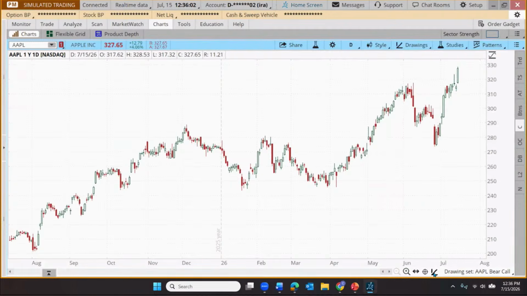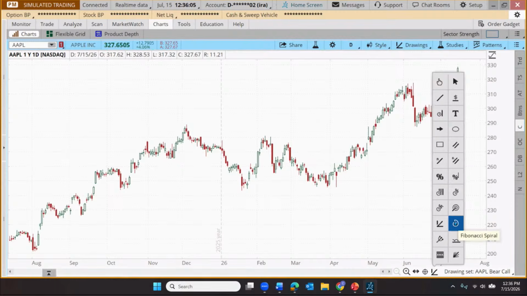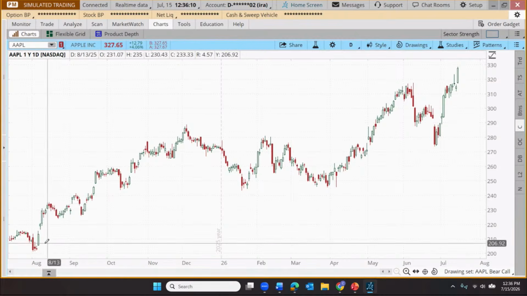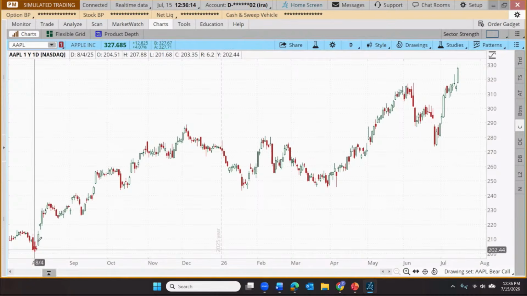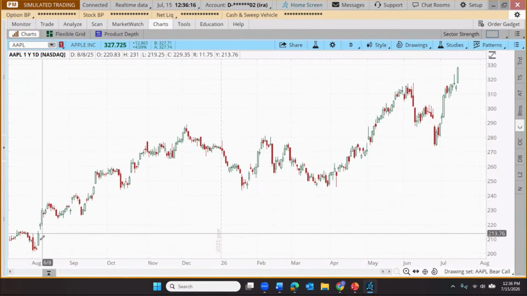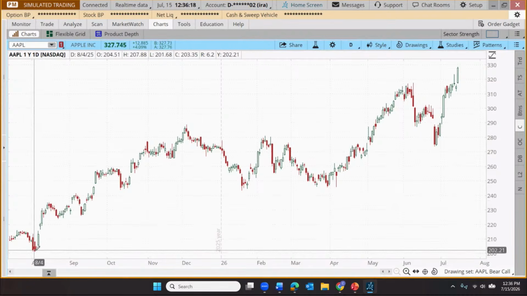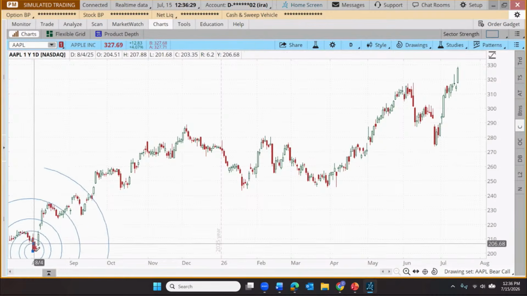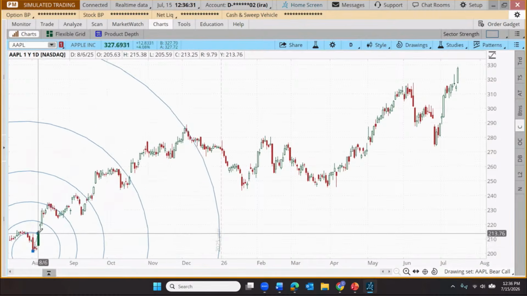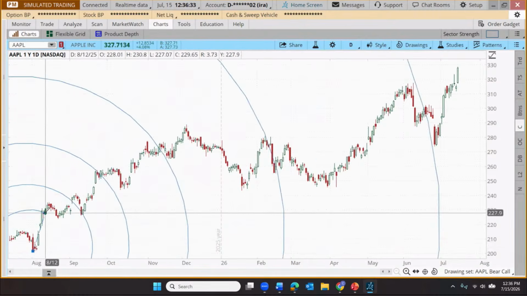So let's come over here to our drawing tool, go to the Fibonacci spiral. There we go. And we, again, just look for a big, strong move to the upside. I'm all the way over here to the left. Let's just use this one as a gauge. A spiral, because it grows according to that Fibonacci sequence, gets big really quickly. So I'm going to click at the bottom of one of these big up moves, and you'll notice this spiral, similar to the one that I just drew, is starting to expand out from my drawing.